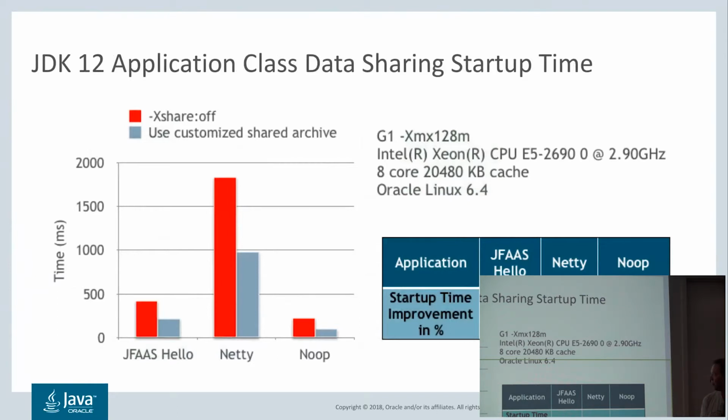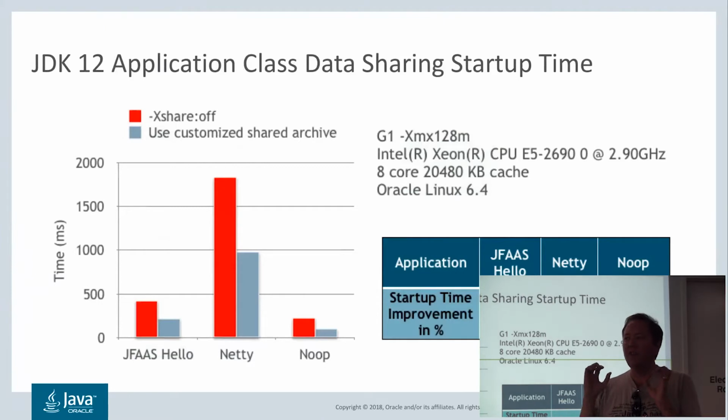You can look at the numbers. These are fresh off. I got them this morning from the team working on application class data sharing. So again, pretty significant improvements now, not only for the base module itself, but for your application classes as well. A lot of this you get for free. We are going to actually start shipping the JDK default archive with the JDK classes. But if you want to include more of your application classes in there, you can do that as well.